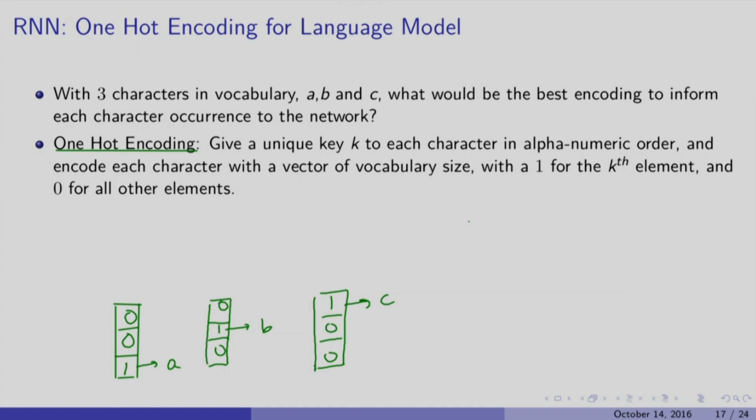Now with this kind of language model, how do you predict the next character? Well, what you would like to do is pass on the input to some hidden layer, and this hidden layer of course will in turn affect the output, which could again be one hot encoded. Let us say there are 3 positions here, again we are just trying to predict what are the next characters. So A would typically be followed by a C, and let us say this is what is desirable.